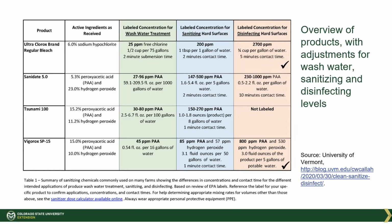I put check marks in the corners of the two products where you can actually find them listed on that EPA List N. So I put that in there for your reference. But again, this just shows you, on a couple of commonly used products, how they look different depending on how you're using them, what the concentration and the contact time will look like if you're using them for different aspects